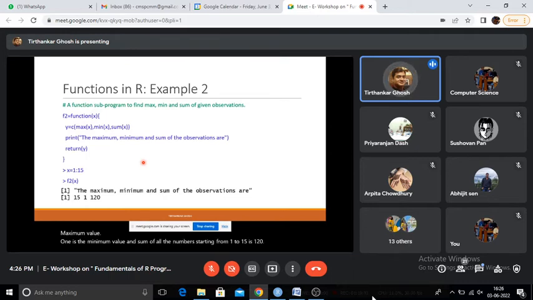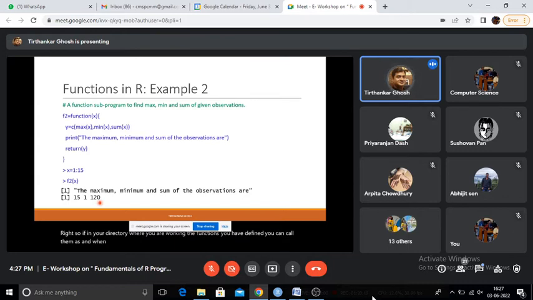So you can understand that if we would have given f2 and we would have given say z equal to 5 to 125 for example, and f2(z), then it would have given the result within a second, right? So if in your directory where you are working, the functions you have defined, you can call them as and when required.